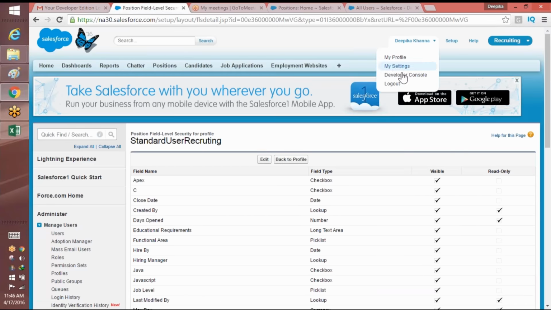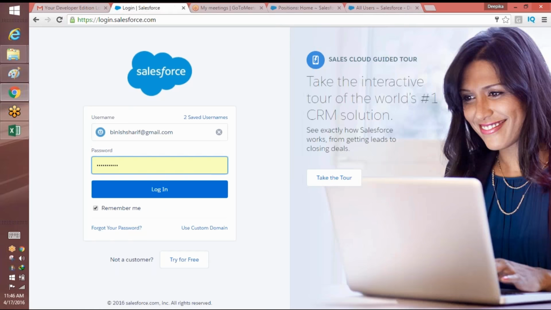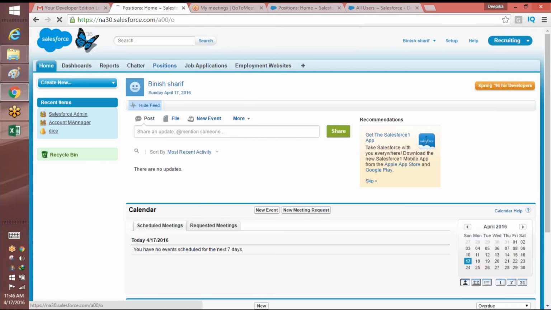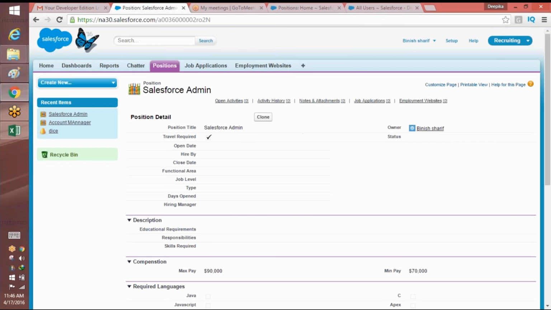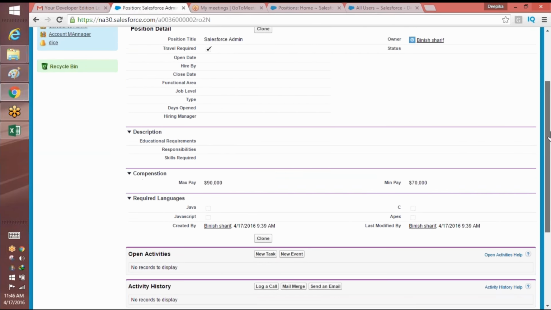Now if I log out and log in back again as Binish, I will be able to see the fields, but I will not be able to make any changes to those fields. There will be a lock appearing. So if I go ahead and click on it, right now I'm not able to even edit anything. So what I'm going to do is,